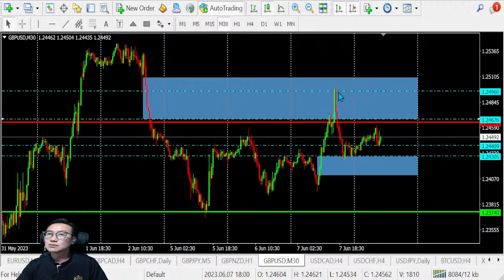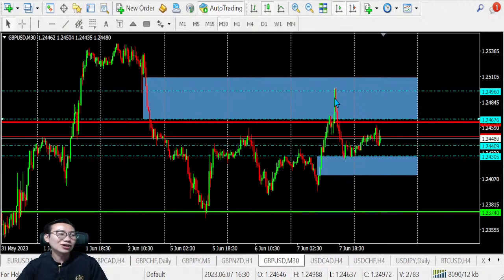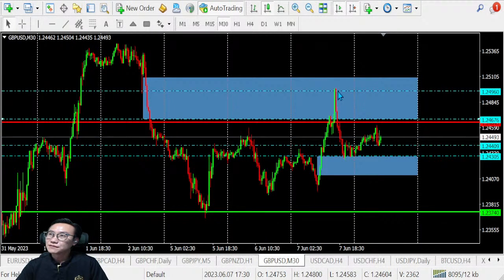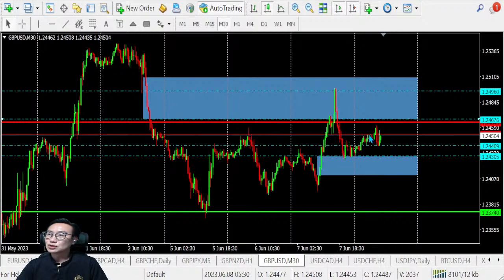Okay, so at this point it's very clear that yesterday pound dollar went according to our plans nicely, but it has not accomplished my targets up here yet. Still a little bit more to go. Then it slipped off after the high impact news. Then I started to slip off until this area, right? Then set up a support to continue the buying.